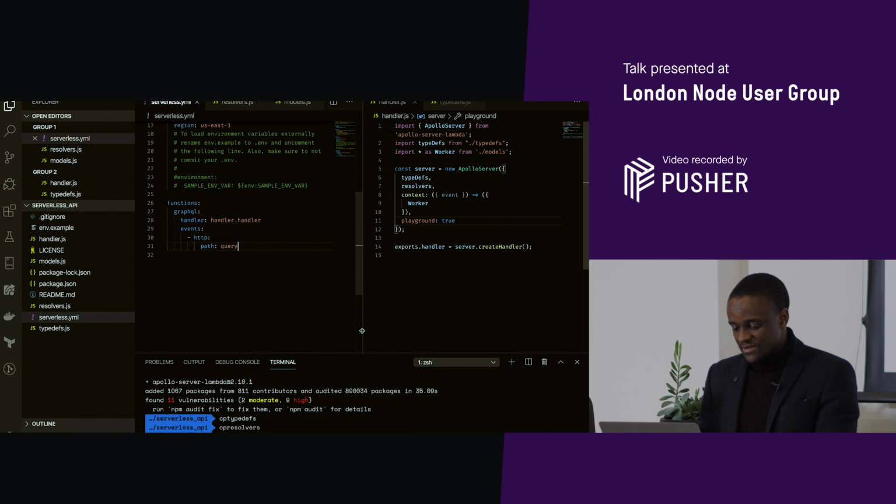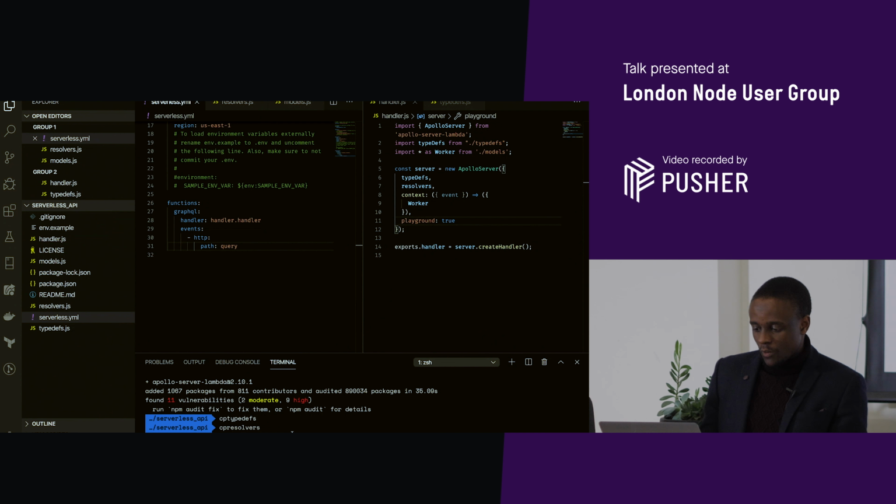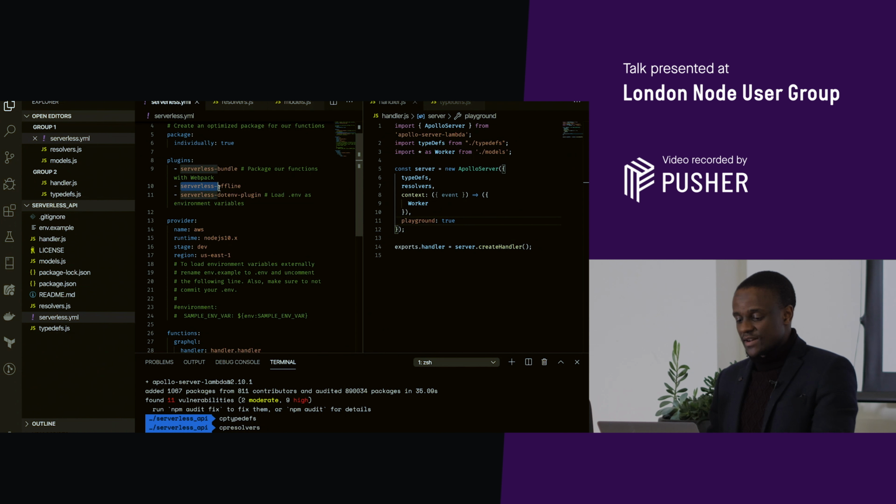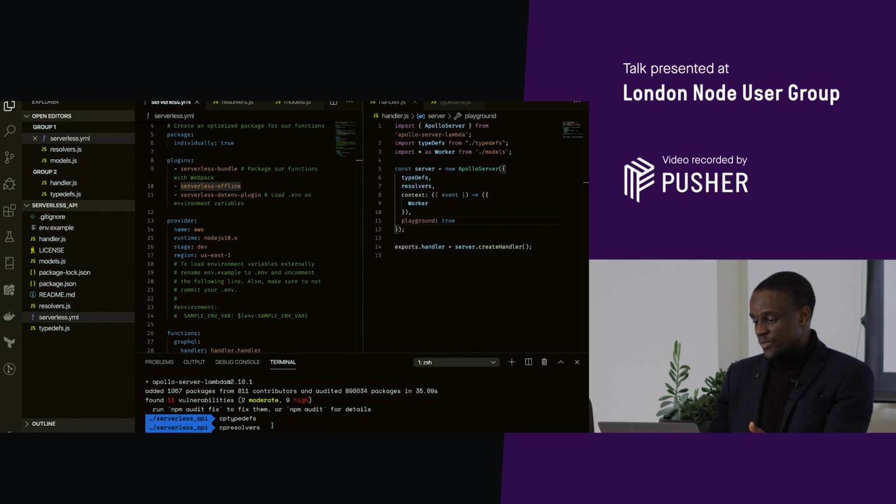So when you have that saved, as I said, the marketplace is vast. There's a plugin I use there, which is Serverless Offline. The good thing about Serverless Offline is that, without deploying, you can self-host your serverless function or framework API locally. So if I just run serverless, or sls for short, offline start,